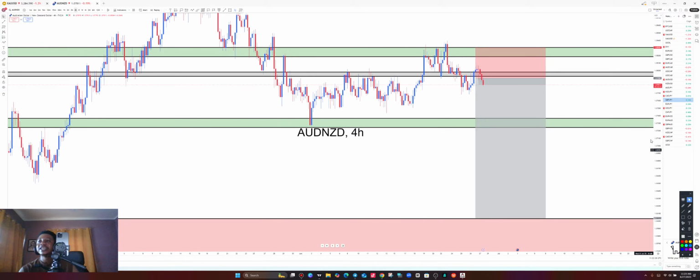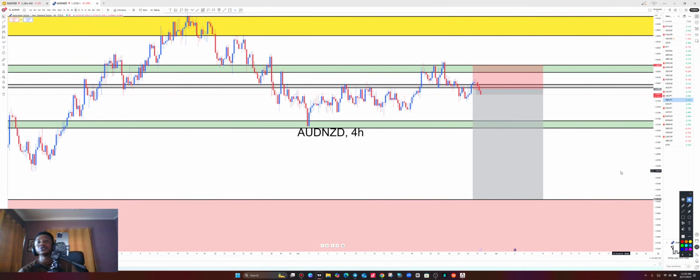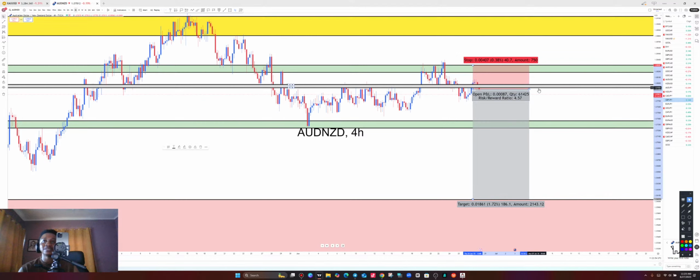So AUD NZD, this is our full and complete analysis. If you want to get in, you can get in because price has not gone anywhere. Just around here, you can also get in and ride with the flow if you are interested. This is all about interest. It's a question of interest. If you are interested, you can hop in and ride it to the downside. The full analysis has been done.